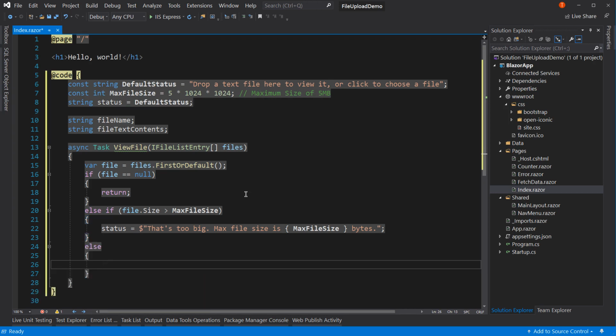And our else says, let's put a status of loading. Okay, so again, we're changing. Notice here we change the status, which is this right here. We change it here, and we